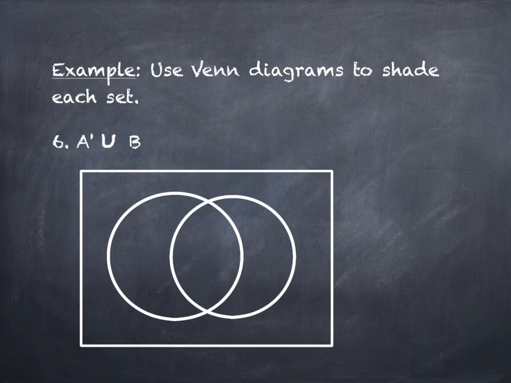Okay? All right, this says use Venn diagrams to shade each set. So we kind of did a little bit of the shading on the last 2 slides where I drew the pictures and showed you what things look like when they intersect or do unions or differences or whatever. This one wants a union, but it doesn't want a union of A and B. It wants a union of A complement and B. This one's straightforward enough that we could probably reason our way through it without what I'm about to start with,